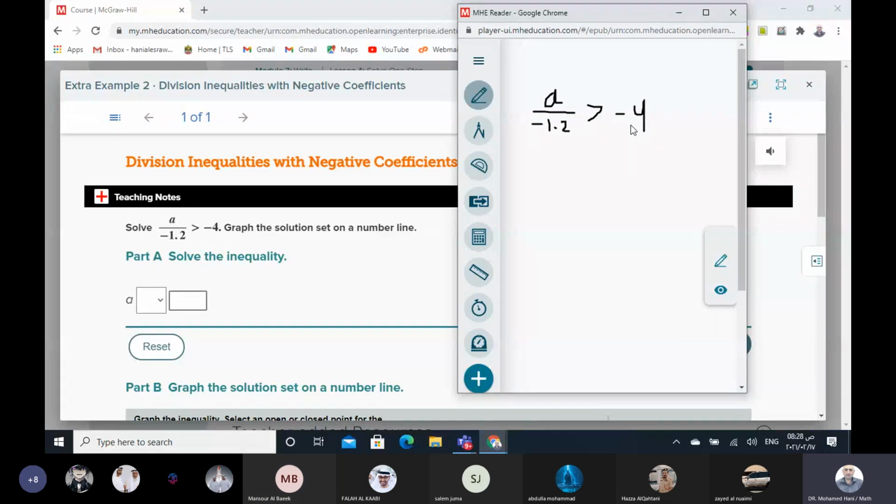Great. Who has a different answer? Listen to me. This is the variable here in the fraction, in the numerator. We want to keep the variable alone, so we want to remove the denominator. How to remove the denominator? Multiply the two sides by the same number. So we can write a over minus 1.2, multiply by the same number, minus 1.2,